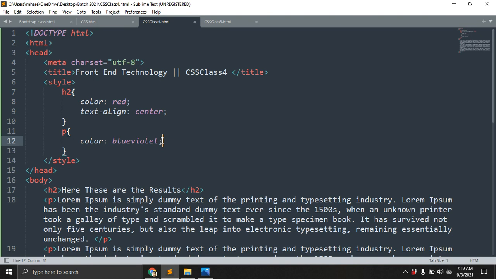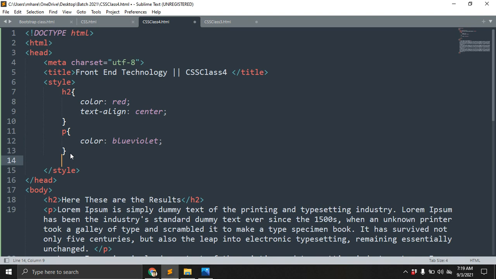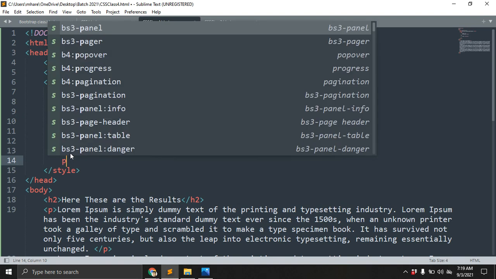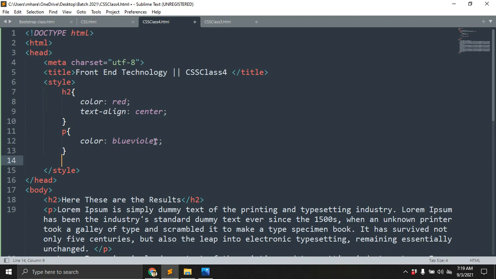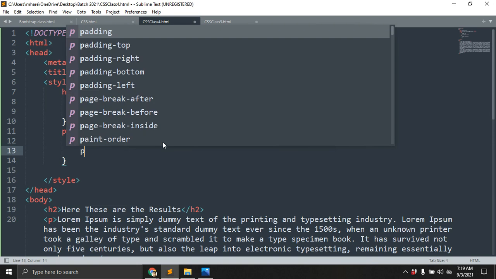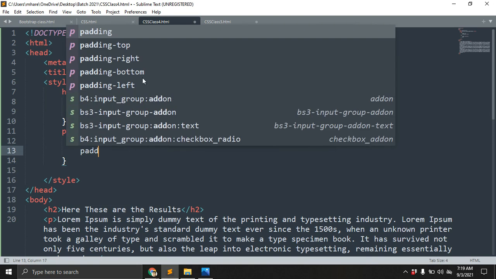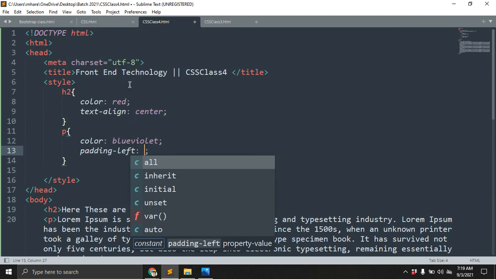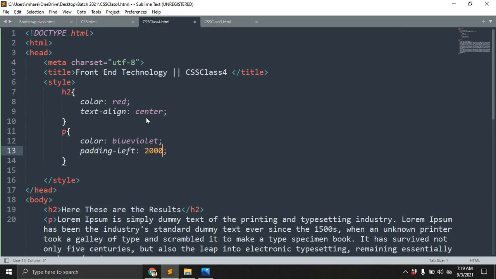Let's see how it executes. First you need to declare either the paragraph or h2 selector. I'm giving padding to the paragraph, so I declare that. In that I'm declaring padding. First of all, left: I want to take 200 pixels.